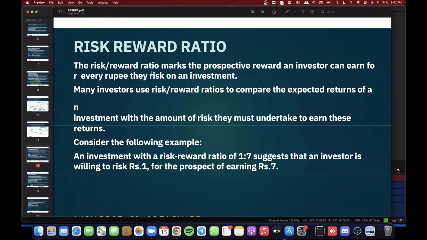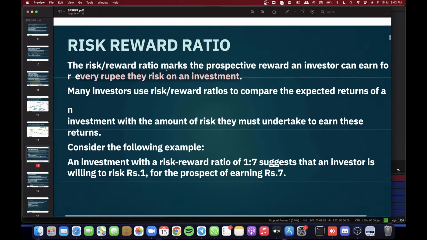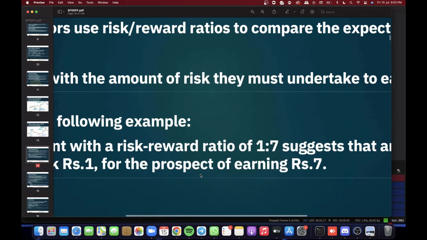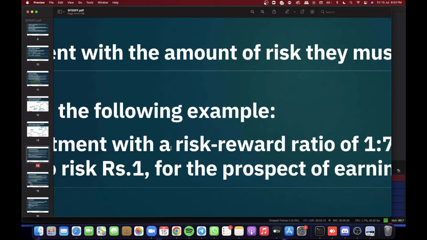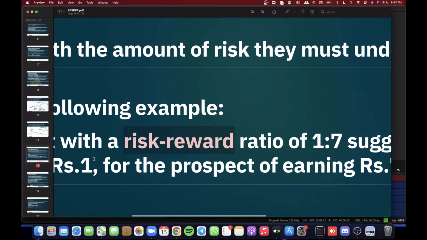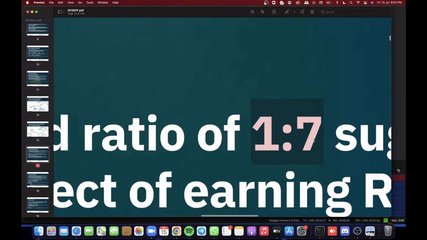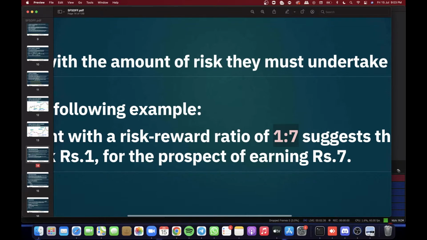A risk reward ratio marks the prospective reward an investor can earn for every rupee they risk on an investment. In easy words, if you are risking, for example, 2 rupees, how much are you earning? You are earning 4 or you are earning 6? So it literally depends. This is what risk reward is all about. The total risk versus the total reward. So for example, if you are willing to risk 1 rupee, how much are you willing to earn? For example, it is rupees 7. So risk reward of